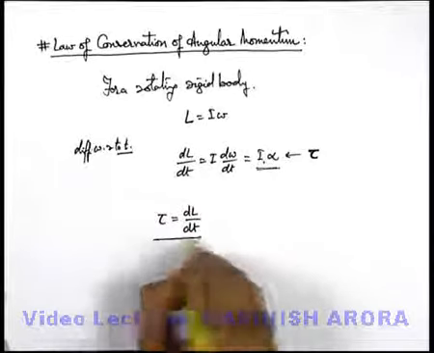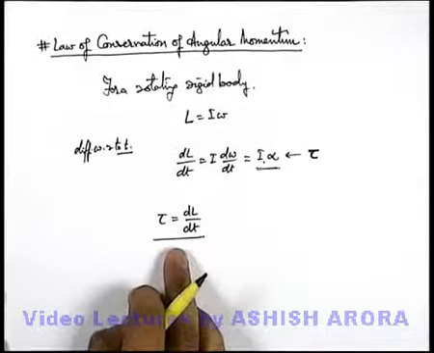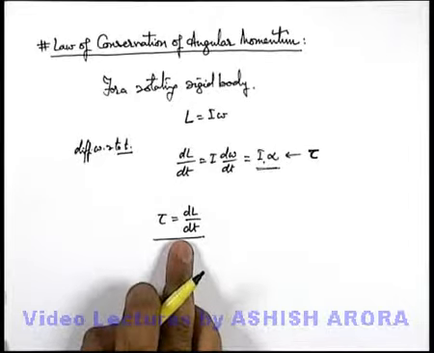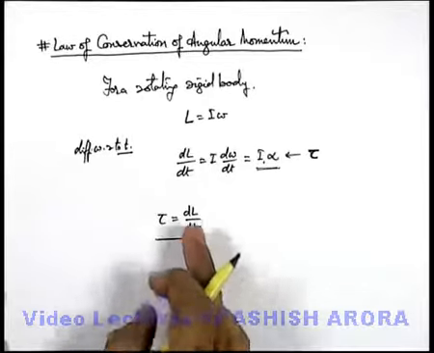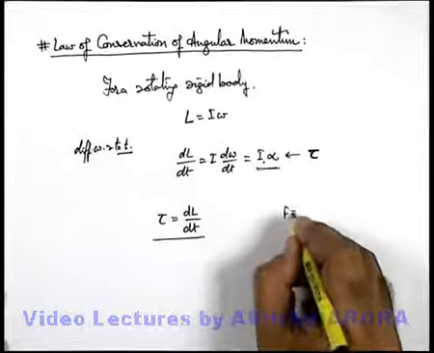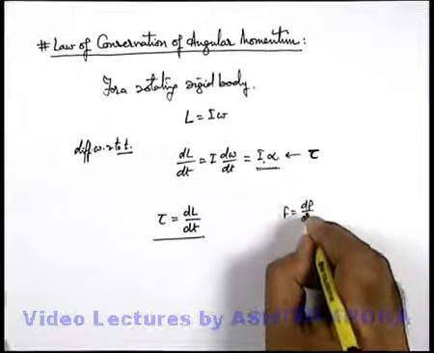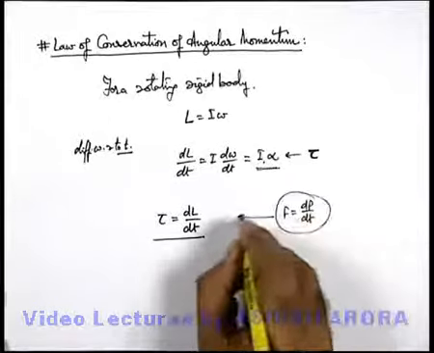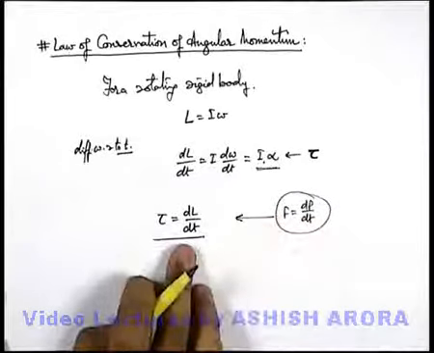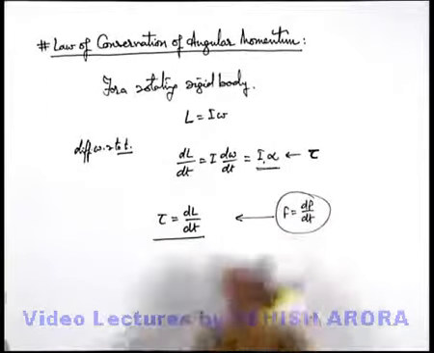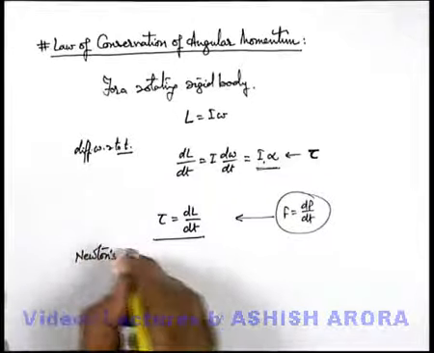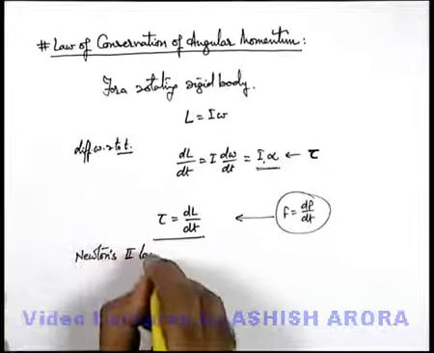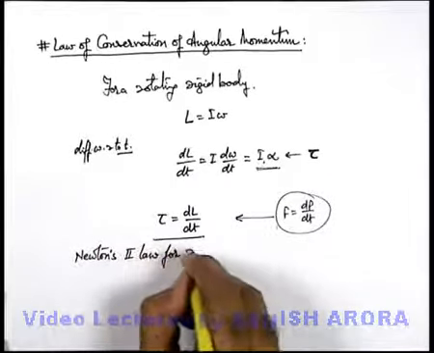So here we can see this is just an angular counterpart of Newton's second law, where in translational motion we have studied that the rate of change of linear momentum is the force applied. We already studied F is equal to dp by dt. So it is just the angular counterpart or rotational analog of this, which we can state as Newton's second law for rotational motion,